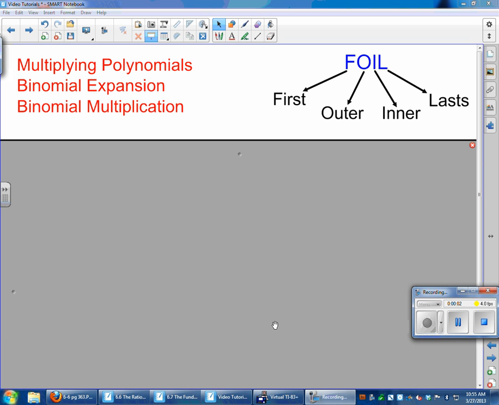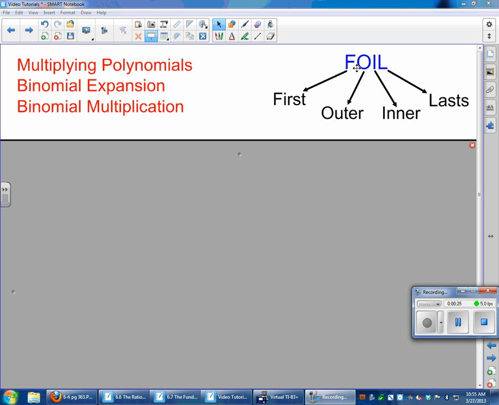All right, our next topic is going to deal with multiplying polynomials, and in this case it's just going to be short polynomials, just two-term polynomials, which we call binomials. There's quite a few different names for this topic. One is just to multiply polynomials. You might see it as binomial expansion or binomial multiplication,